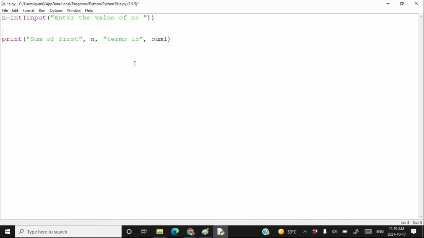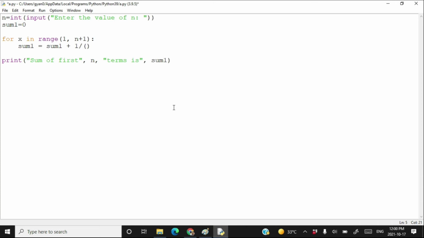So let's write here for x in range 1 comma n plus 1, and of course you have to find the sum, so write sum1 is equal to 0. For every value of x, calculate sum1 is equal to sum1 plus 1 by x into x into x.